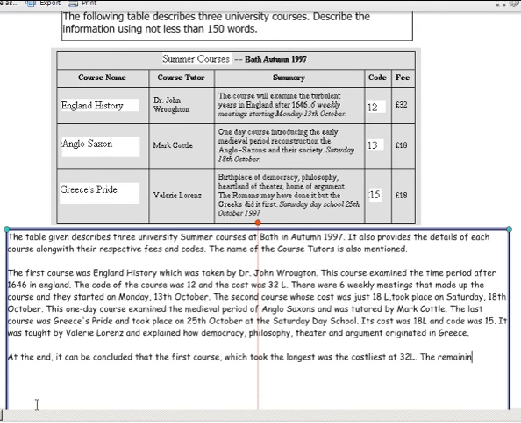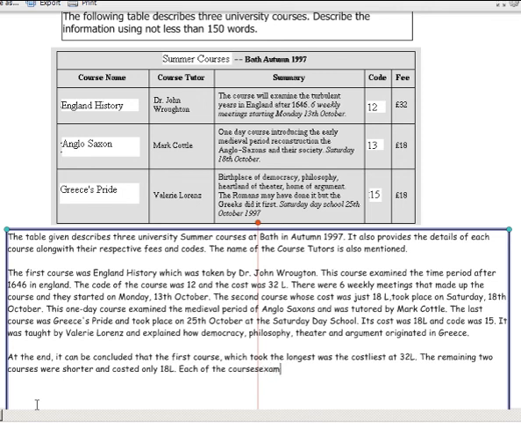The remaining two courses were shorter and costed only £18. So this is our introduction, and this would be around 150 or more words definitely. Each of the courses should not begin with a capital C, and each, since it's the beginning of a new sentence, so E capital, each of the courses